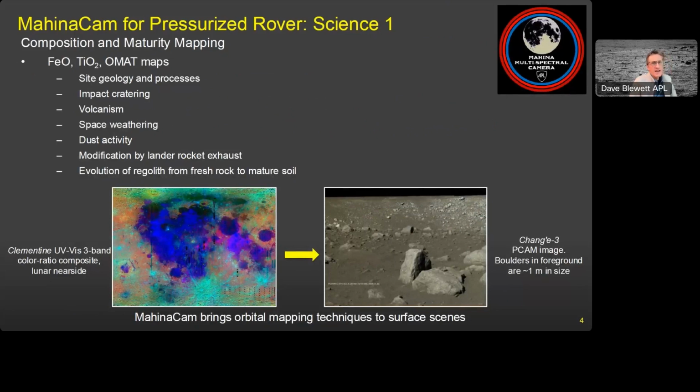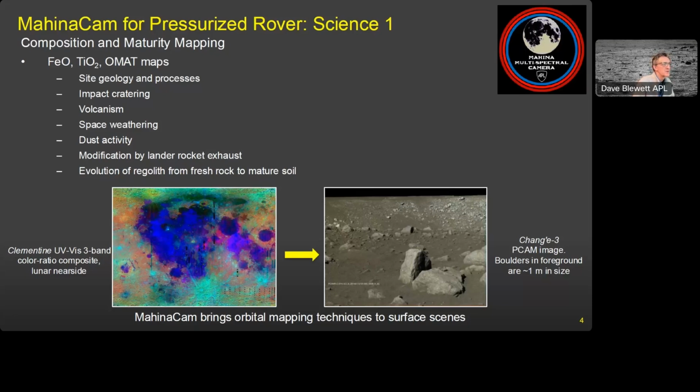So as for the science that can be done with a camera like this, of course, composition and maturity mapping, right? The iron, titanium, OMAT maps, which can be used to study the site geology, the processes that have taken place, including impact cratering, volcanism, space weathering, dust, modifications to the surface by landing rocket exhaust. And as the rover moves from place to place, we can really just chart the evolution of regolith from fresh